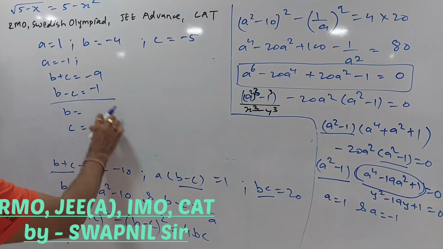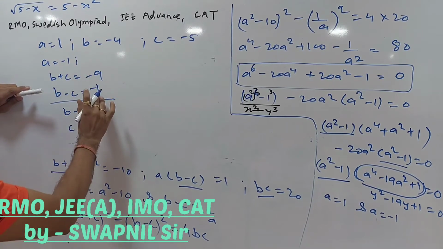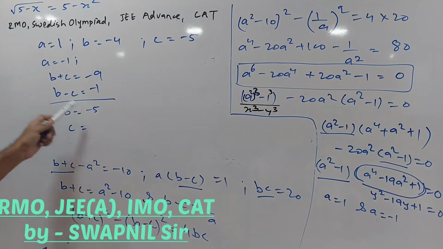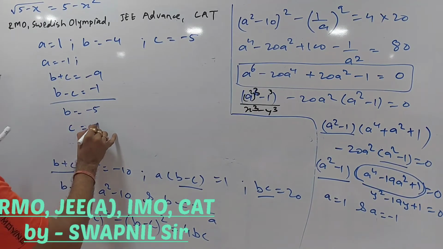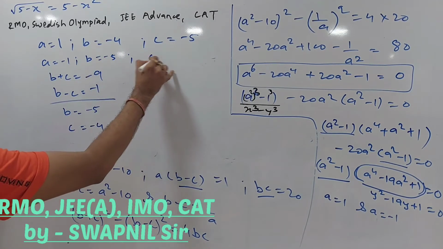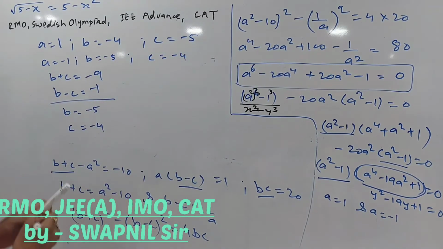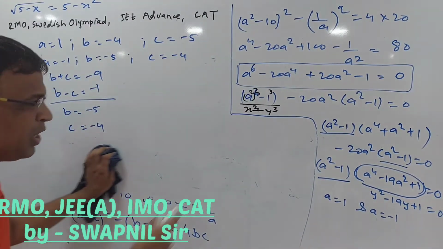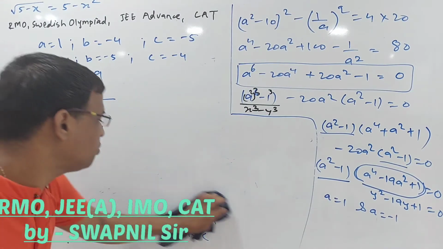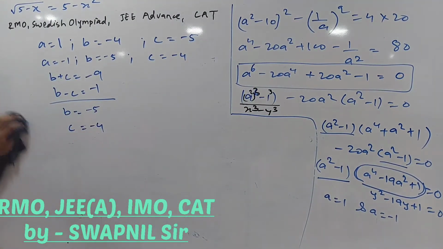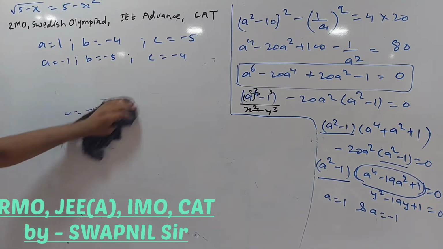So when I add the two, this 2b and this minus 10 addition, it will give me b is equal to minus 5. And when I put b is equal to minus 5 here, I will get c is equal to minus 4. So ultimately we are getting the solution like this: b is equal to minus 5 and c is equal to minus 4. Fine. This is the solution I am getting. I think I don't need this now. We have bc is equal to 20. That is something you need to know. Yeah, that is also coming from here. So I got this set of information.